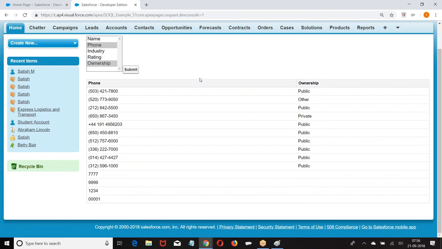Now how is this? Because we are not sure which fields we are going to select here, the data has to come accordingly. It's a dynamic SQL query, forming the query dynamically as per user interaction. If it's a fixed query, let everybody execute; the same query has to run. That is a static query.